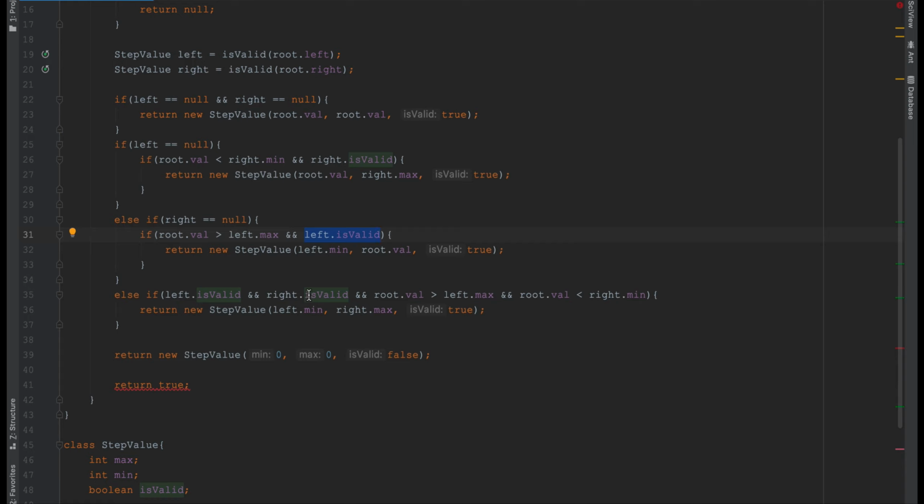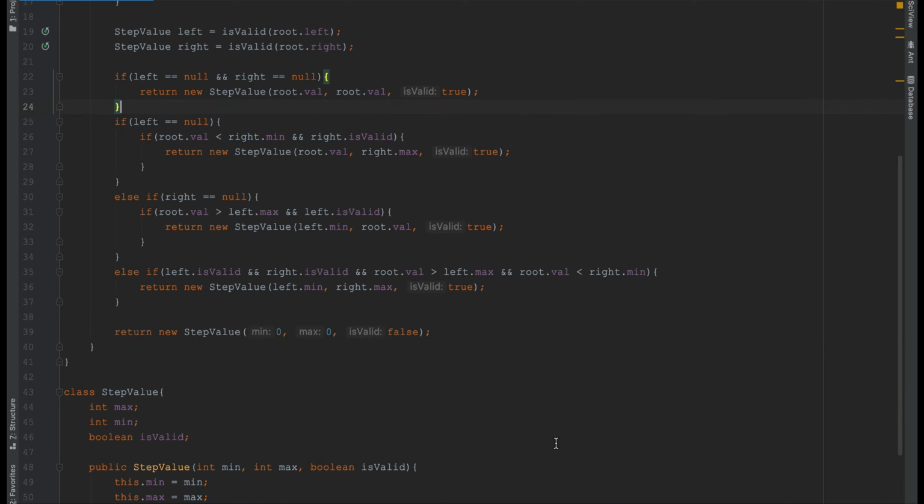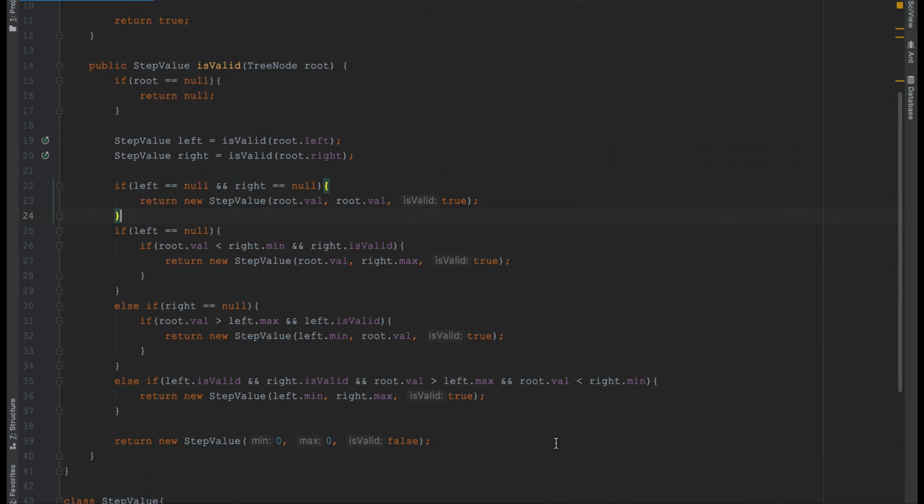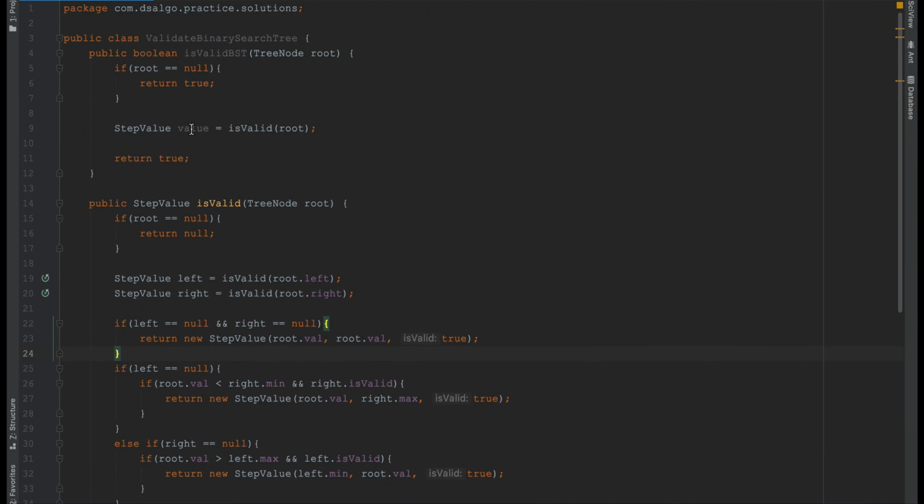If these are invalid, we just return false, and we don't care about the min and max value, because if your subtree is an invalid BST, then your parent tree cannot be a valid BST. If your left or right subtree is invalid, your entire binary tree becomes an invalid BST.